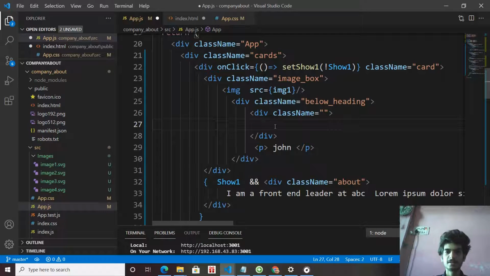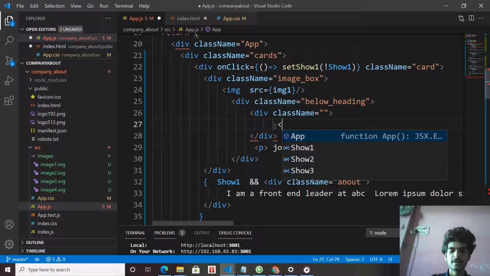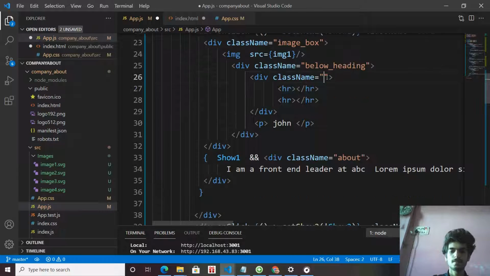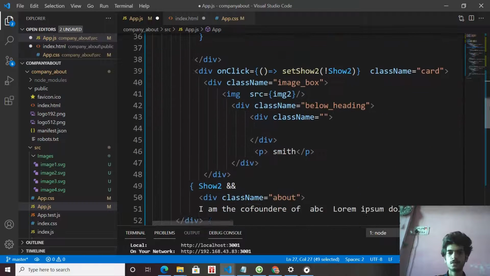So this was the div that has initially the class name hidden. Inside it, give it an hr tag, another hr tag, and give it the class name icon. Do this in the same way for the rest of them.